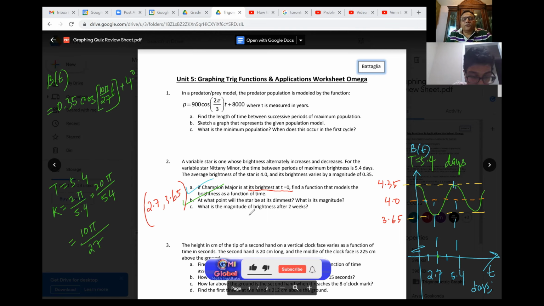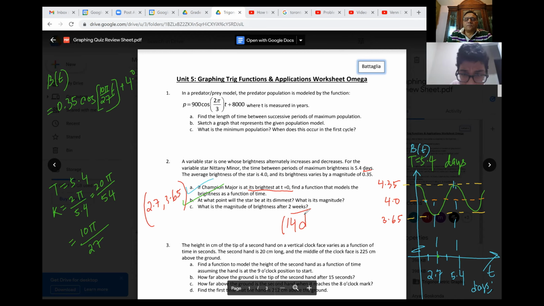What is the magnitude of brightness after 2 weeks? 2 weeks. So you have to convert days and weeks, right? So that means 14 days, correct? 14 days. So what do we do, just plug it into the equation? Yes, just plug it in, get the idea. So let me write down. B of 14, right? So convert weeks to days equals to